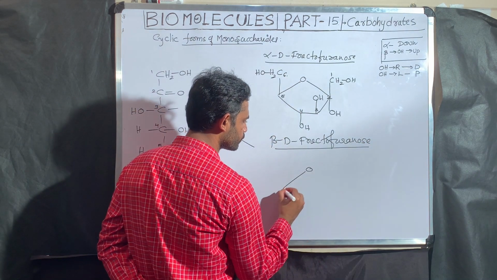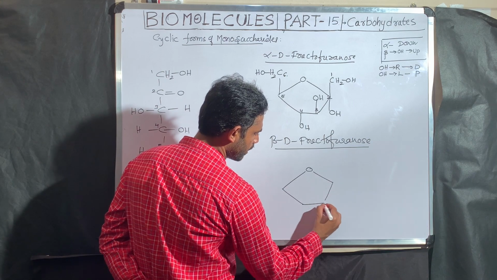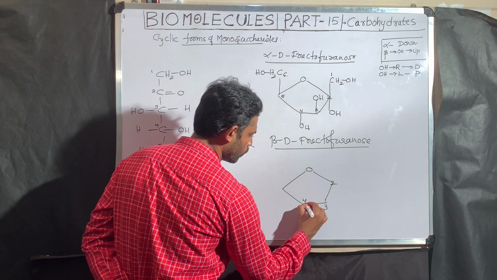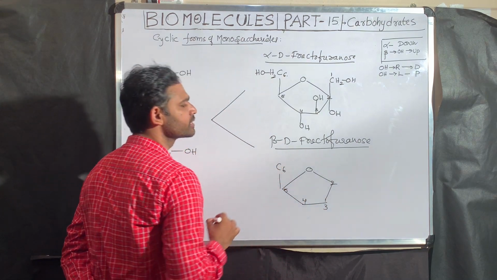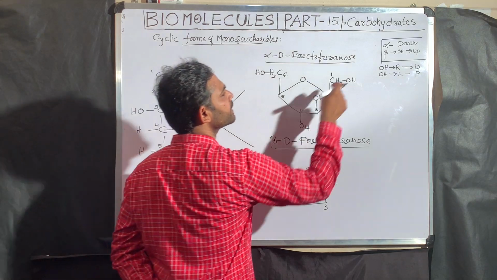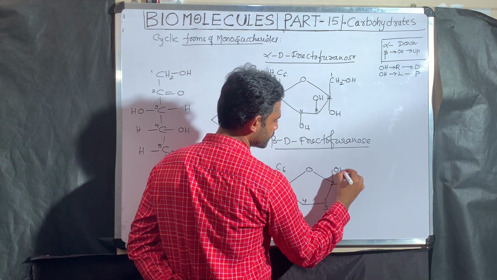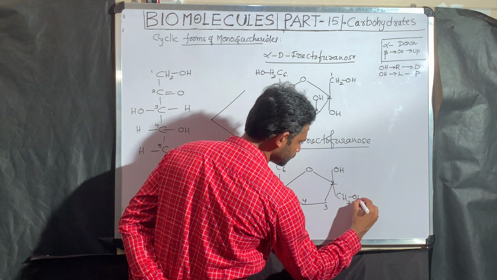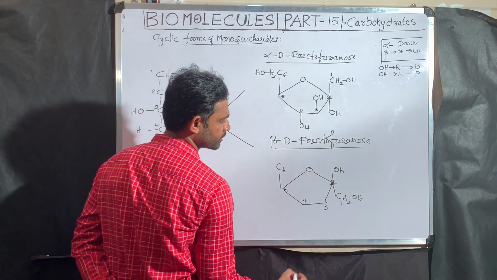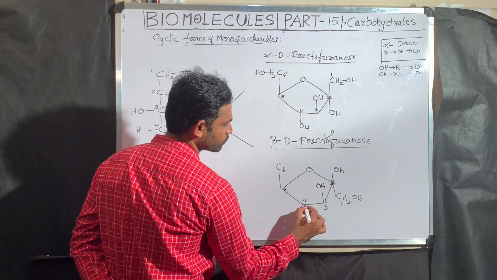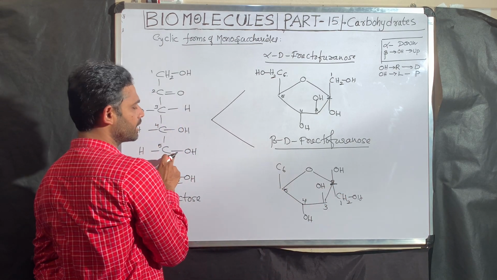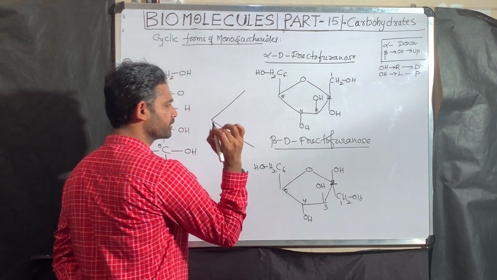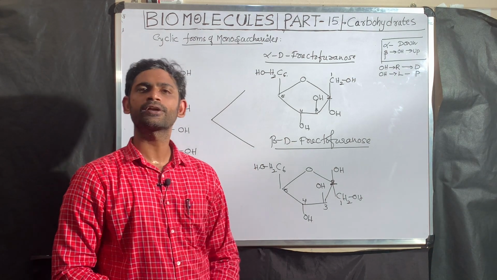Which ring? Furanose. Which number do we have to start with? Second. Why? Because fructose is a keto sugar. Third one, fourth, fifth, sixth, because fructose is also a hexose sugar. Which anomer? Beta anomer. OH group on the functional carbon? OH, so this is over. What about the first carbon? CH2OH. This is the first carbon. This is the second carbon OH. Third group is an OH. Fourth one right side, down. This one is the last asymmetric carbon, OH group already we represented. The last carbon is a CH2OH. This is the structure of beta D fructofuranose.